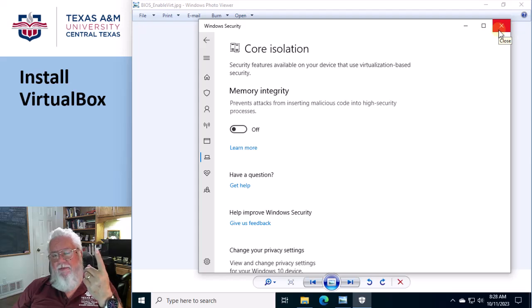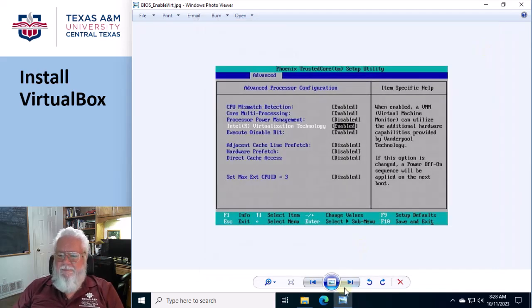Something to do in the BIOS, which I really can't help you with. The add and remove features thing, which basically means disable the Hyper-V, and then core isolation. Those 3 things. Now it's slightly different in